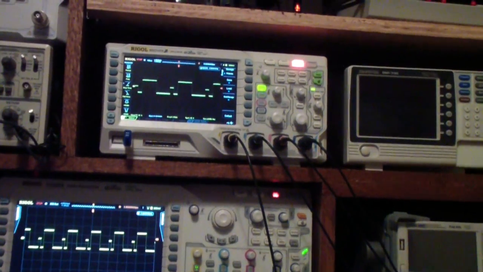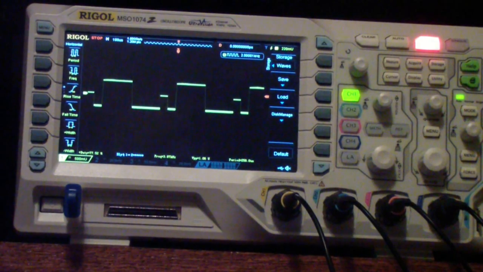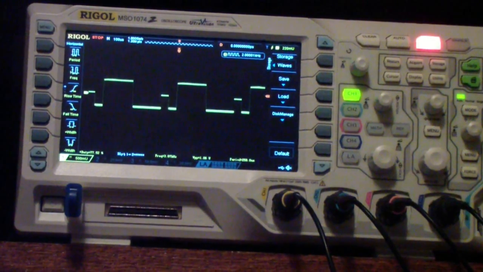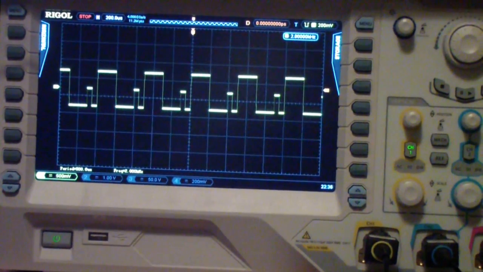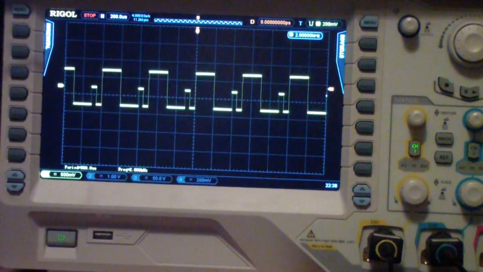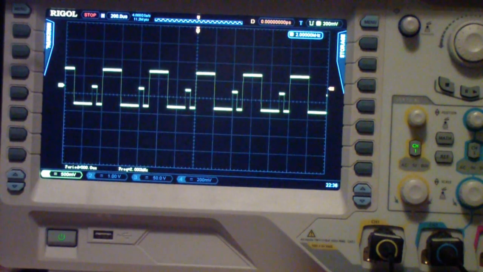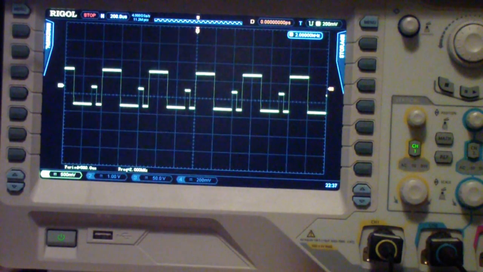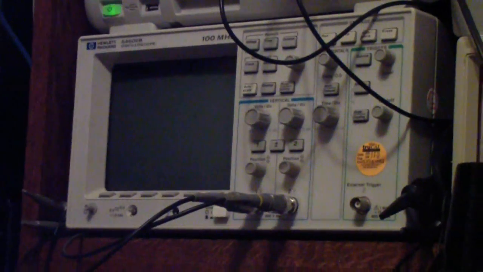At the top is the 1000Z, and I've saved that waveform as new file 1000, and then down on the 4000 I have saved that waveform, which you'll notice is at a slightly different horizontal scale, as waveform 4000, new file 4000, the purpose of which is I would like to be able to transfer one or more of those waveforms to the Rigol